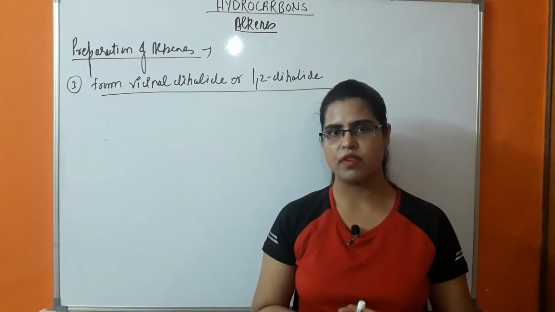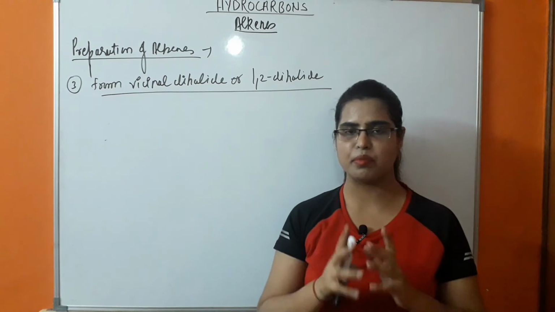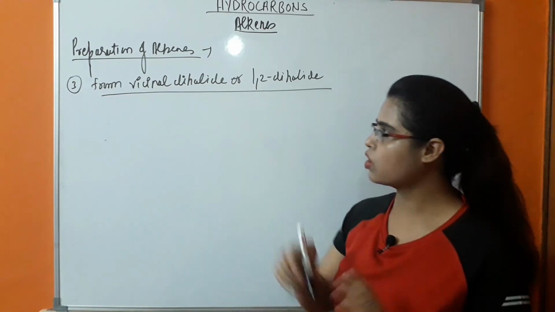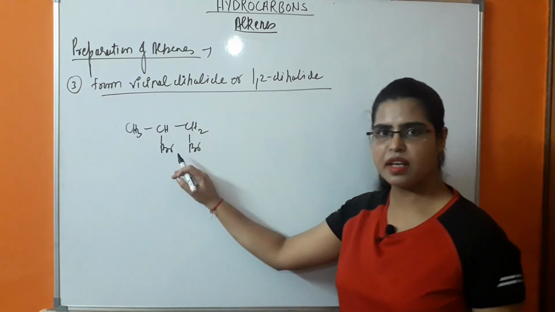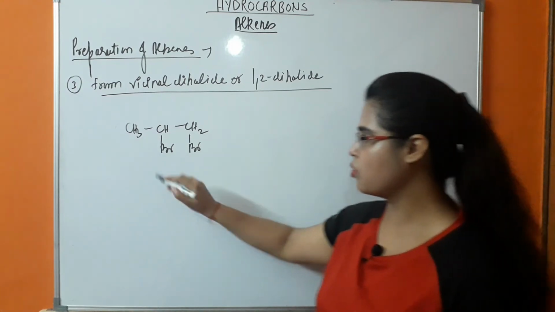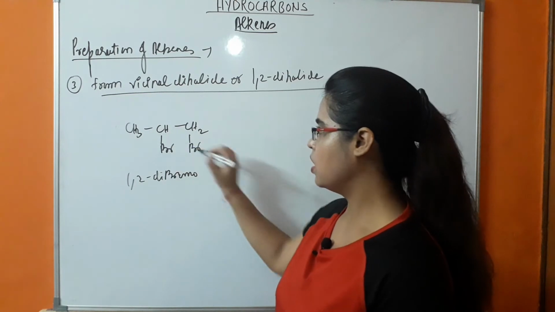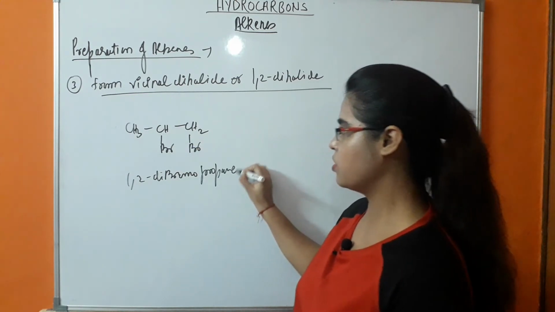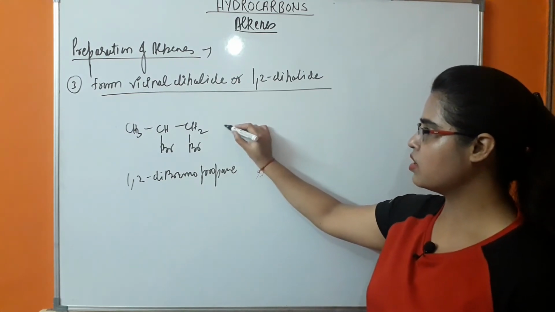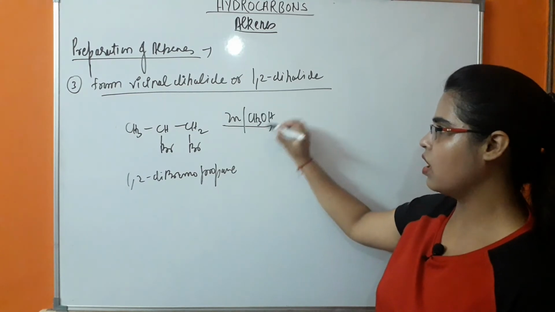The third preparation method of alkene is done with the help of vicinal dihalide or 1,2-dihalide. It means the halogen atoms are present at adjacent carbons. Okay, so what will be happening in this case? So this is the example. In this, at the adjacent carbons, a bromine atom is present. This is known as 1,2-dibromopropane. So this reaction occurs in the presence of zinc,